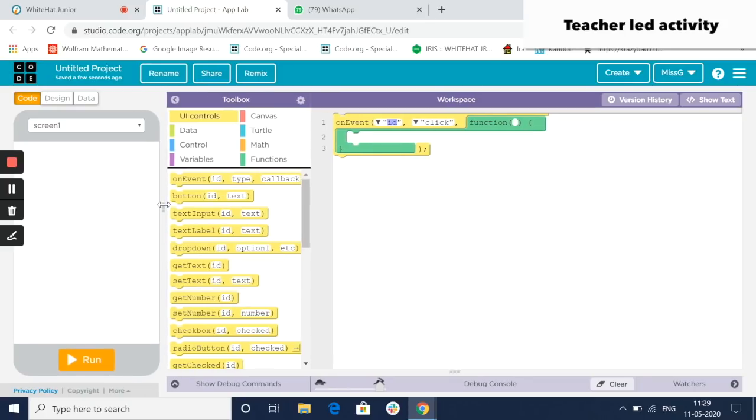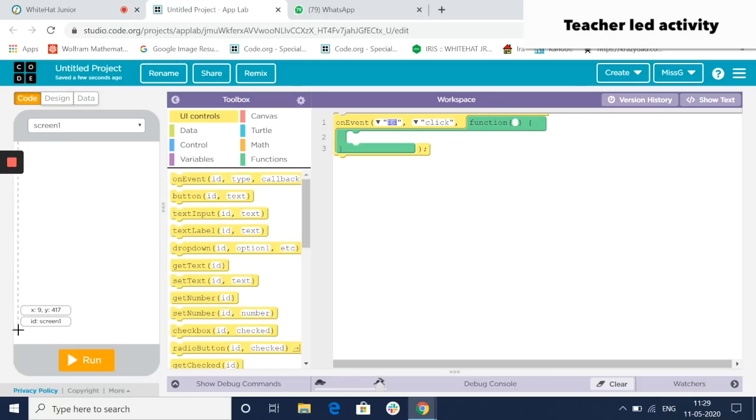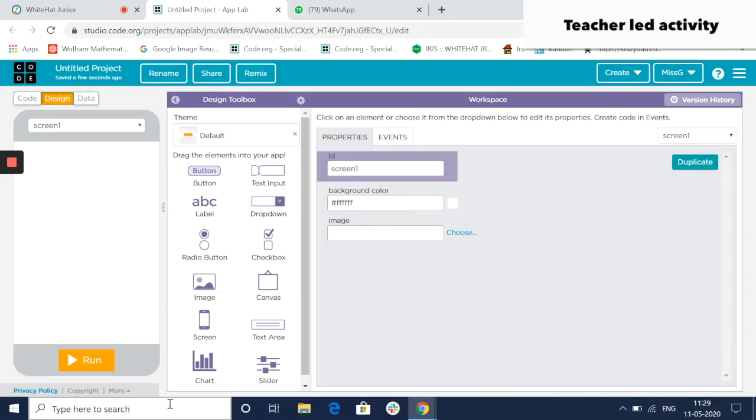Before you actually get it to work on the mobile, this will give you a sense. That's why it is called a mobile simulator. It gives you a sense of how your app will look. Now the mobile simulator has design mode, which gives you all the controls that you can use. Remember, design the app was step 2. You can use a button, a text input, which is nothing but a text box, a label, radio buttons, and image control, everything. Okay. And then you can toggle into code mode.